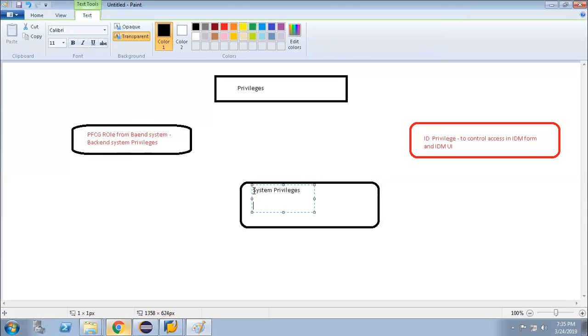What are those system privileges? There are two system privileges present. Out of those two, one can be seen in IDM and the other can only be seen in the database.